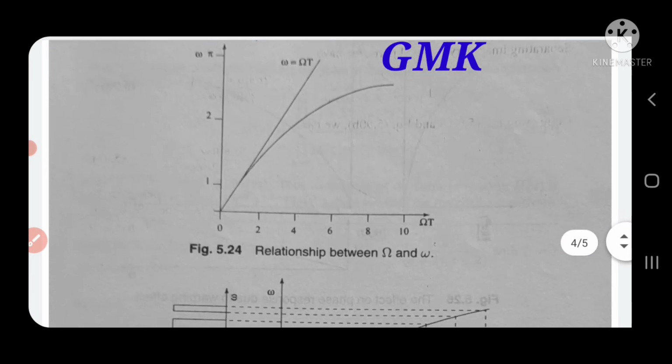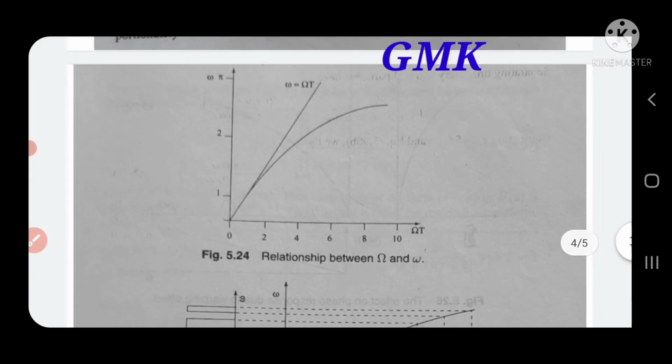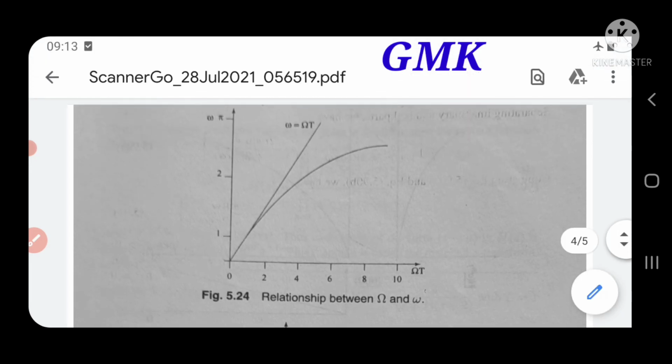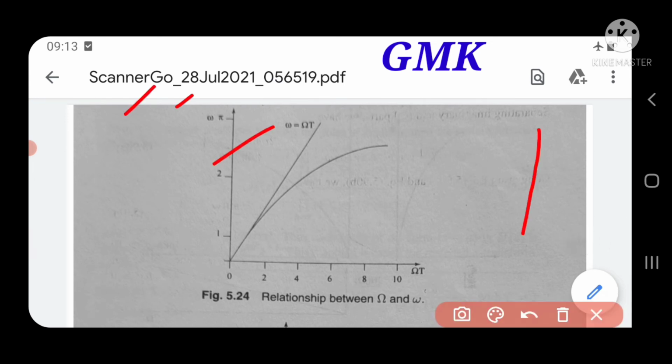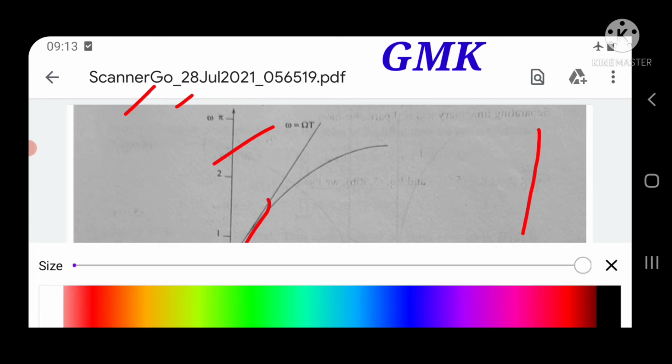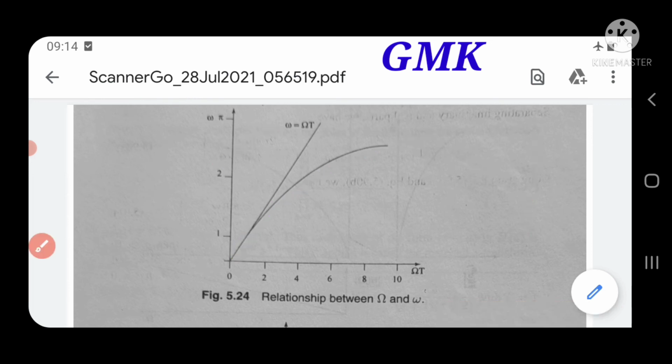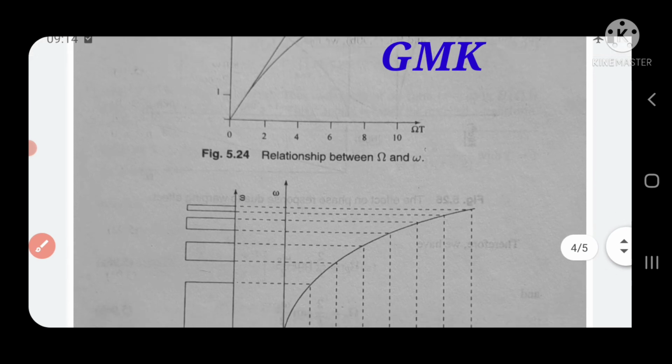disproportionately. This is just some graphical representation. Here the main thing is the relation between analog omega and digital omega. For small values of omega, it maintains a linear relation. After that it goes to an obviously non-linear relation. Up to this extent it is linear, after that it maintains a non-linear relation. So we have to consider that only for a small range of frequencies it maintains a linear relationship, but for the higher frequencies it maintains a non-linear relationship for omega values for both the digital and analog.